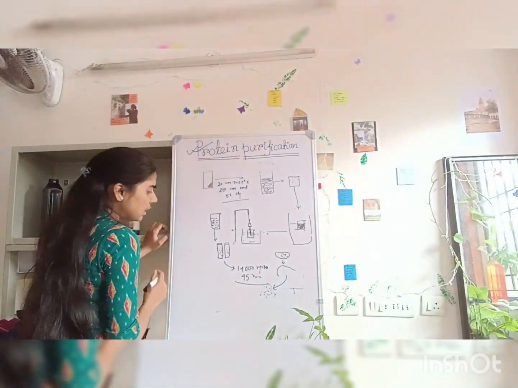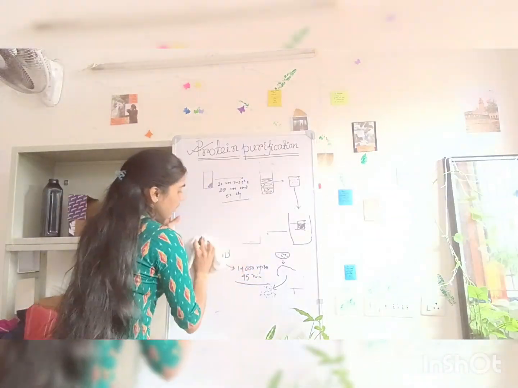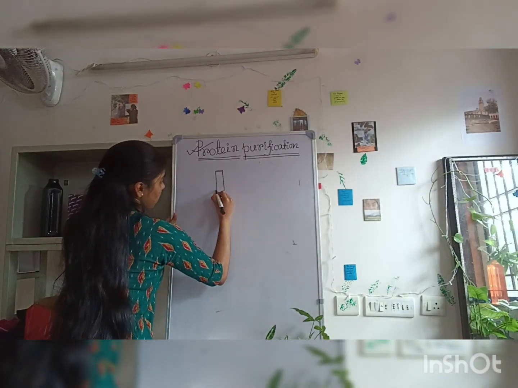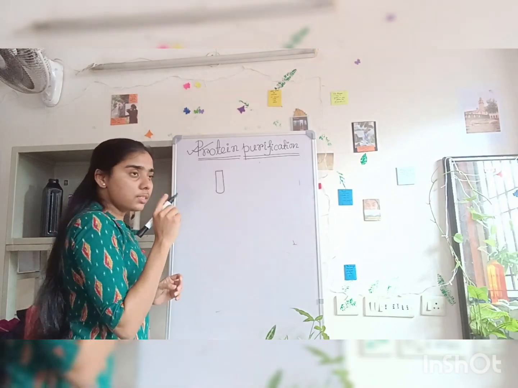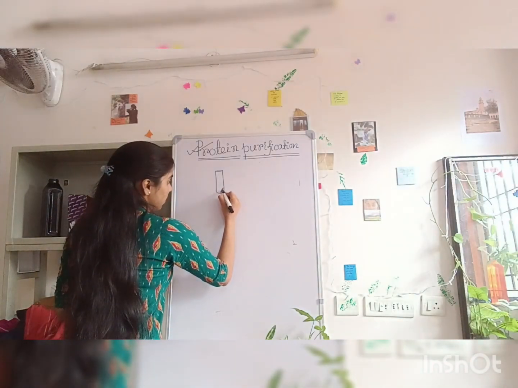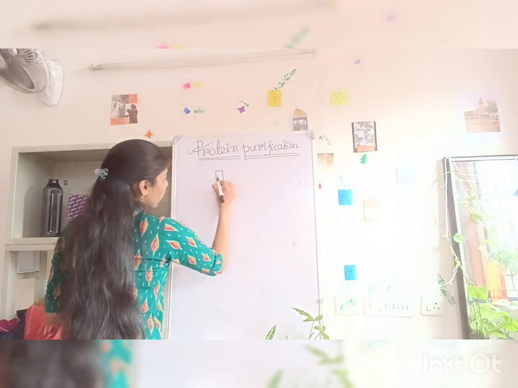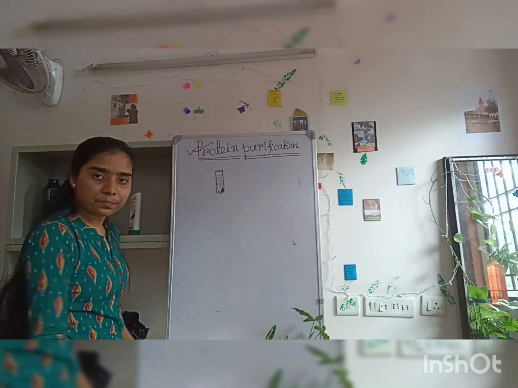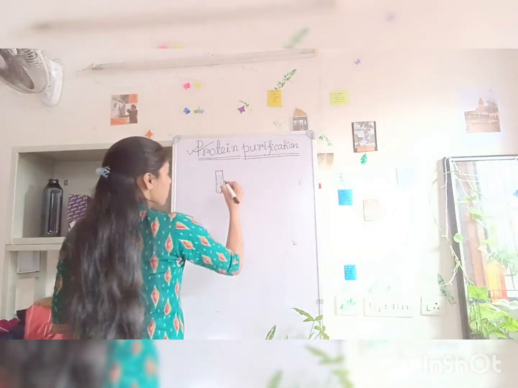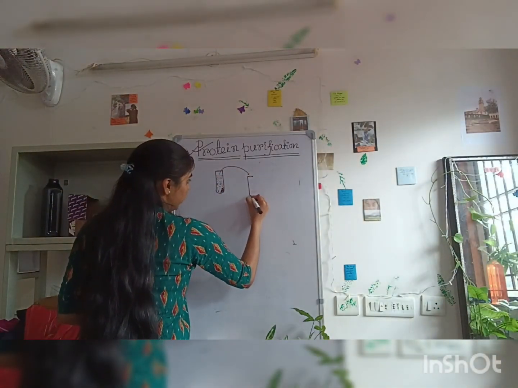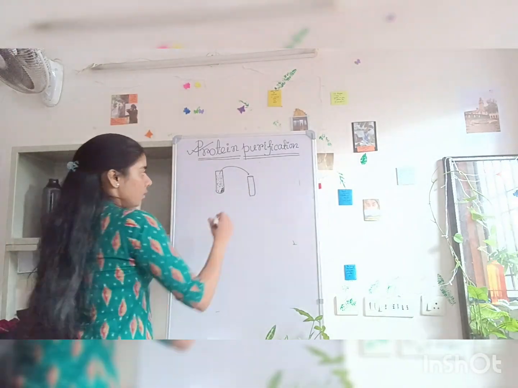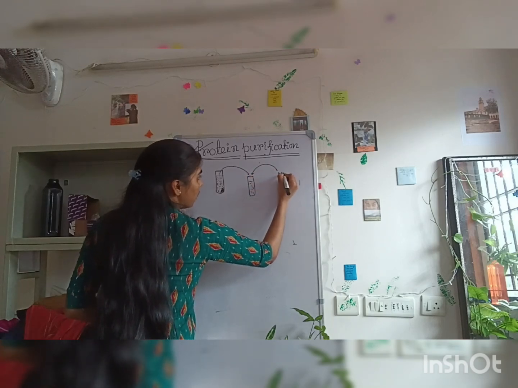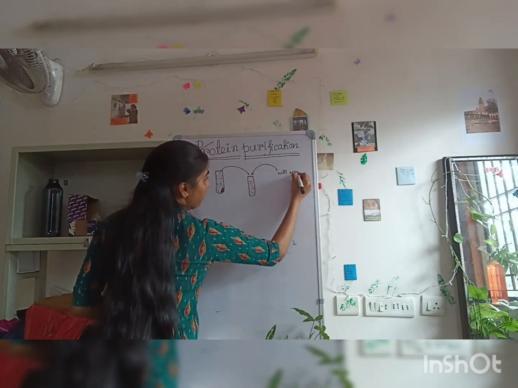So now after the centrifugation, how will it look? After centrifugation, this is the Oakridge tube. Now your cell debris will be in the pellet, all the cell debris, and your supernatant now contains your protein of interest. Okay. Now the next step is we will pour this supernatant into a separate falcon tube, and this is the supernatant, and here we'll put the nickel NTA beads.